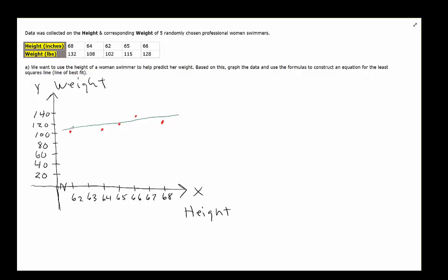But we're getting sort of an average model of generally what the relationship is, in the sense that the line of best fit is sort of an averaging line through that data set. For every height, it will give us an estimate, a rough estimate of where the weight would be. So there's nothing perfect here, but we want that line to fit the data